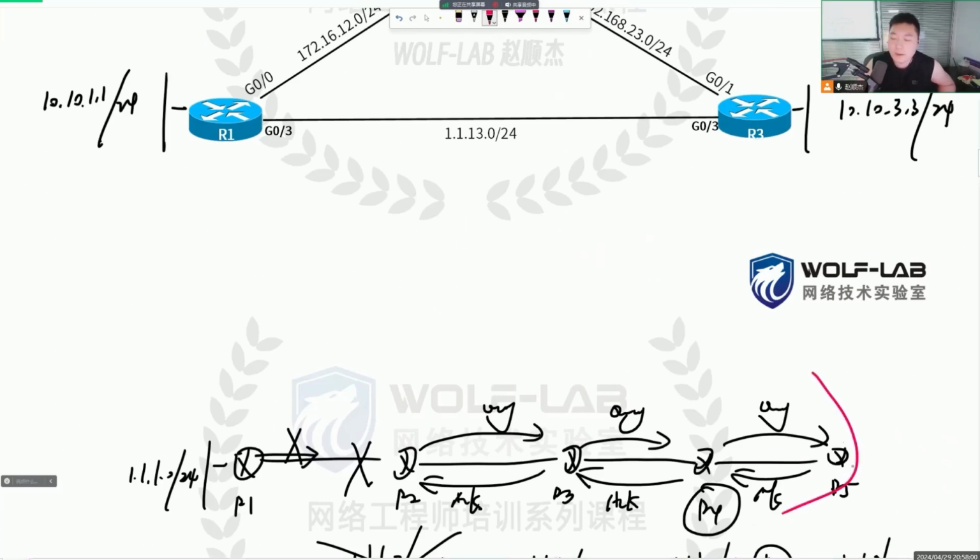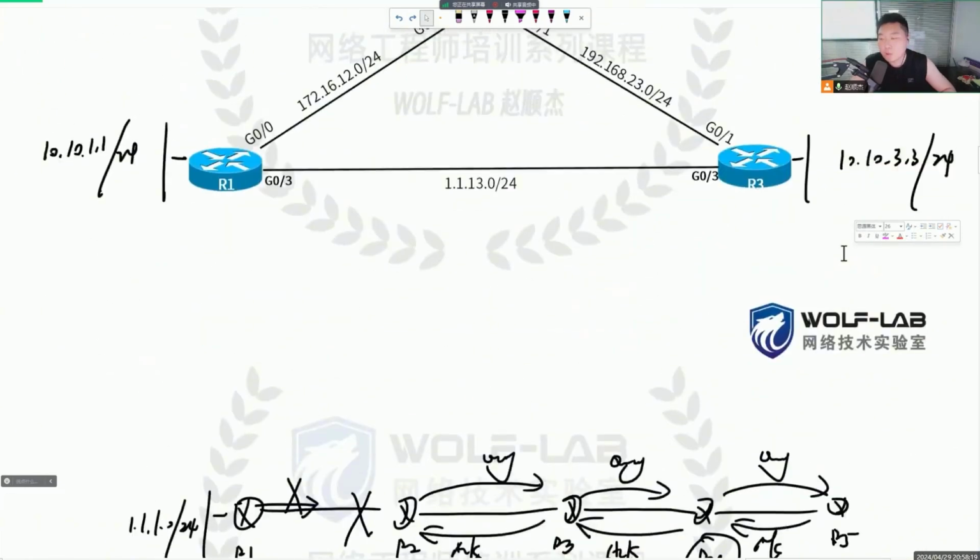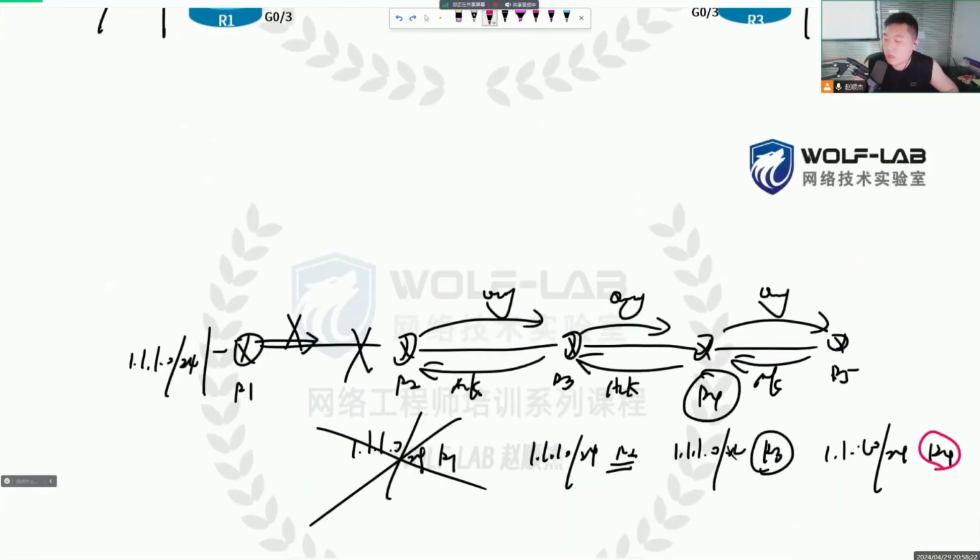I received route entries from you. You tell me this entry is available now. I have no other paths to access 1.1.1.0. I have no other neighbors. Then I have to accept my fate, reply ACK, and tell our router R4 the route entry has no other paths available. The route entry is really unreachable. My route comes from you. I have no other paths. I can't help it. So after R4 receives such a reply,